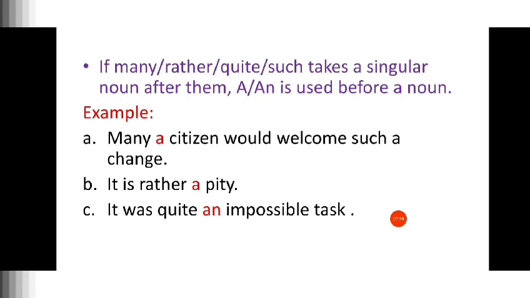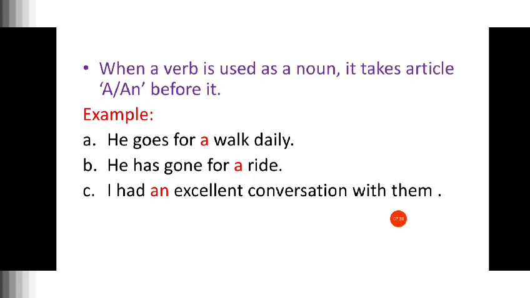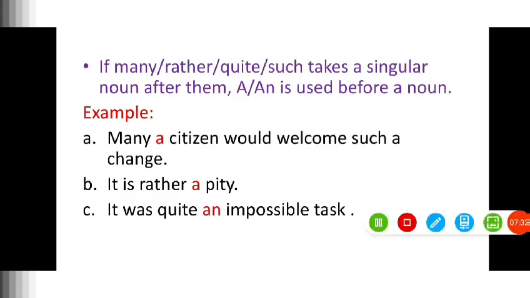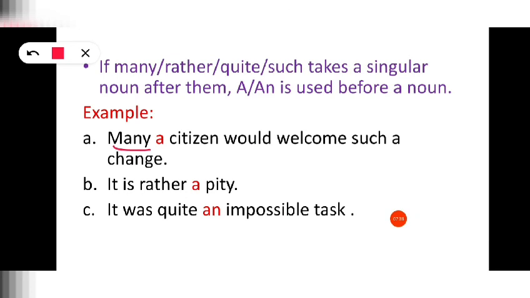This rule is talking about these words, many, rather, quite, or such. These four words. So whenever these four words are used in a sentence, you have to check very properly that